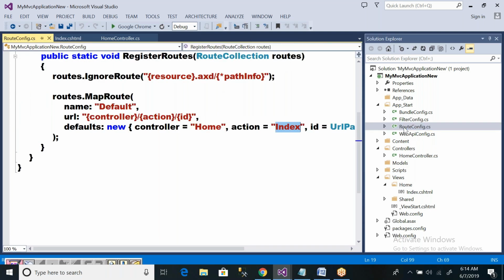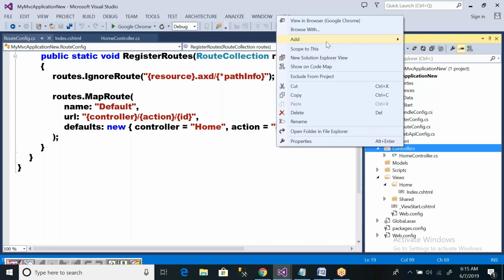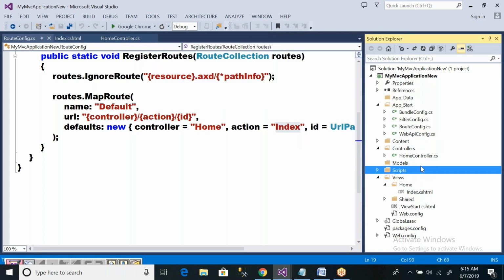Reddy, are you asking about RouteConfig.cs, or are you asking about the controller? Controller, sir. I didn't get that one, sir. Controller onwards, right? You have added your selected controller folder and right clicked, and you said add controller, and it added one controller file.